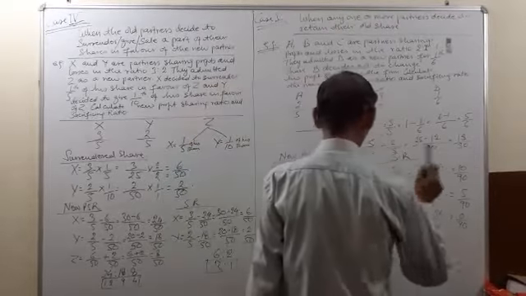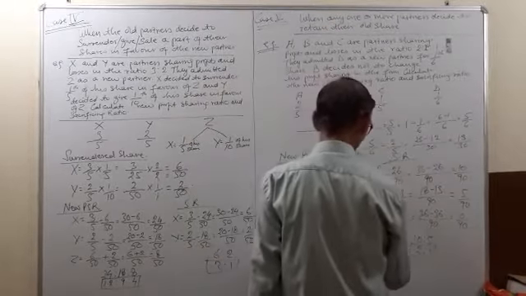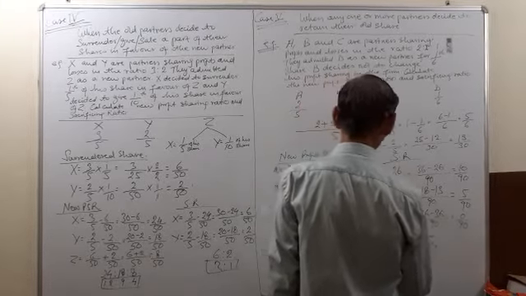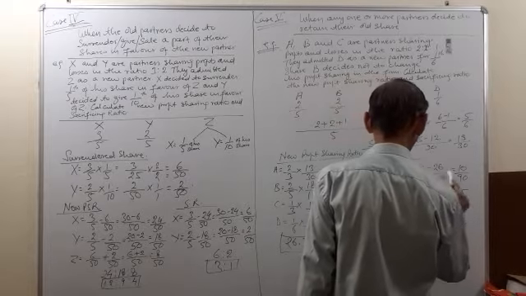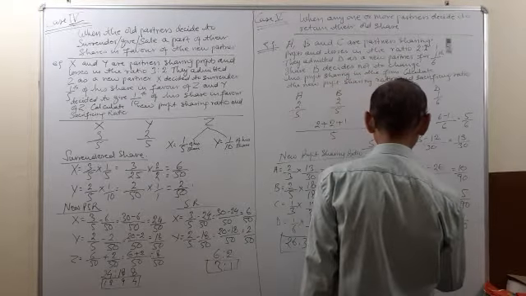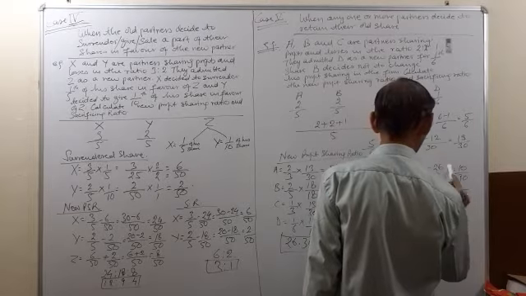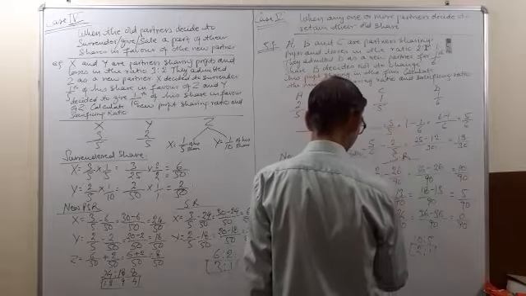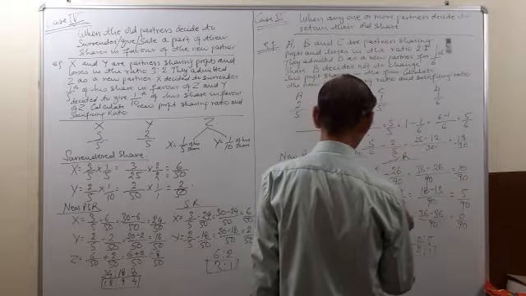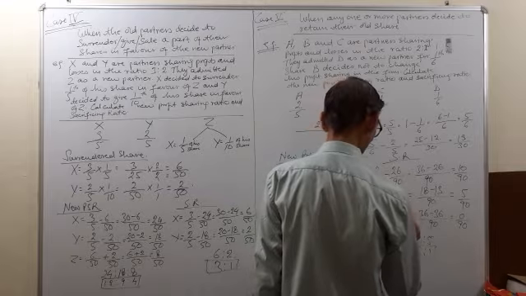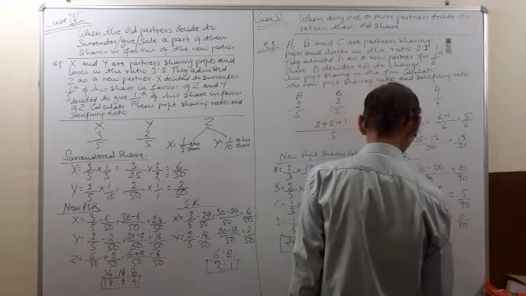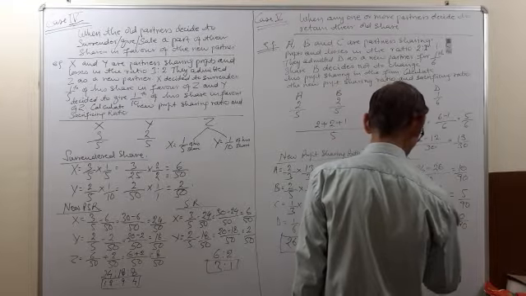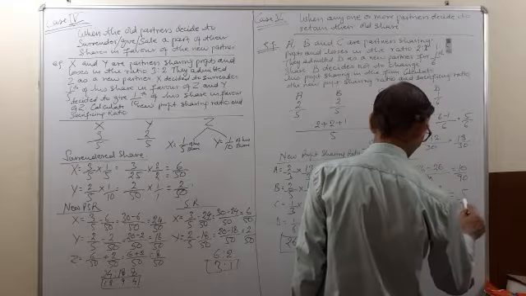Now here the sacrificing ratio. In case of A, old share was 2 by 5 minus new 26 by 90. 90 is the LCM. 5 18s are 90, 18 2s are 36, minus 26 is equal to 10 by 90. C, 1 by 5 was the old share minus 13 by 90 is the new share. 90 is the LCM. 5 18s are 90, 18 ones are 18, minus 13. 18 minus 13 is equal to 5 by 90.